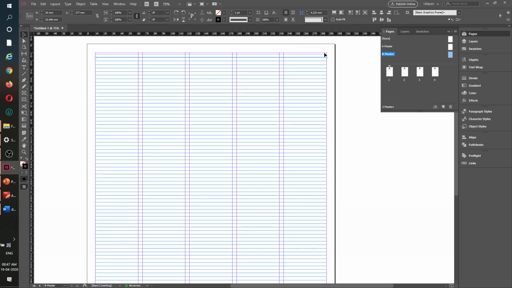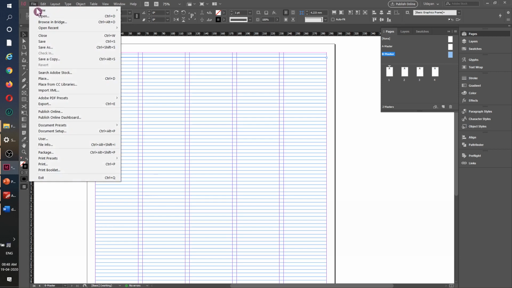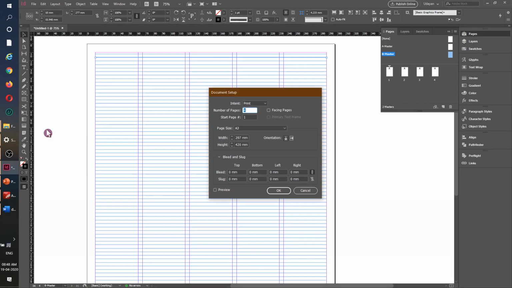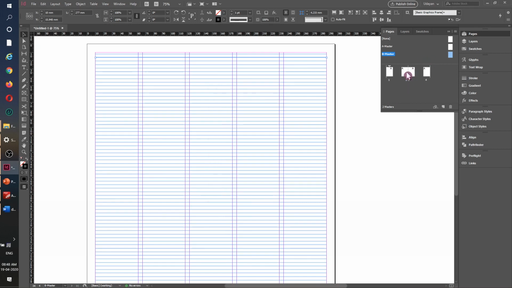Now in case of a newspaper, since both sides of the newspaper are printed on a single sheet, we have a binding side and we have an open side. Ideally it will be nice if we have a facing page setup. Since we have not done it before, we can still do it. We will go down to file, down to document setup, and here is the place where we can make it facing pages. As simple as that. Click once and we are good to go. Okay, and we will hit OK. Done. So I get to change this B master because it is supposed to be 2 pages.